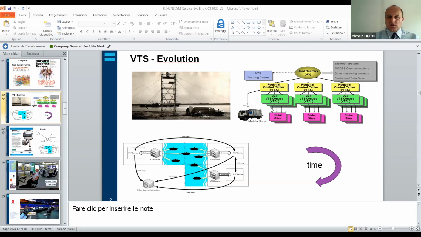At the time when this pyramid approach was developed, there was a technical limitation, for example, in the bandwidth available for data communication. Therefore, some information, like radar video for instance, remained contained in the radar site. We didn't pass it up, we just synthesized the information and passed that up because of the technical limitation of the connection. Now, from the technology,